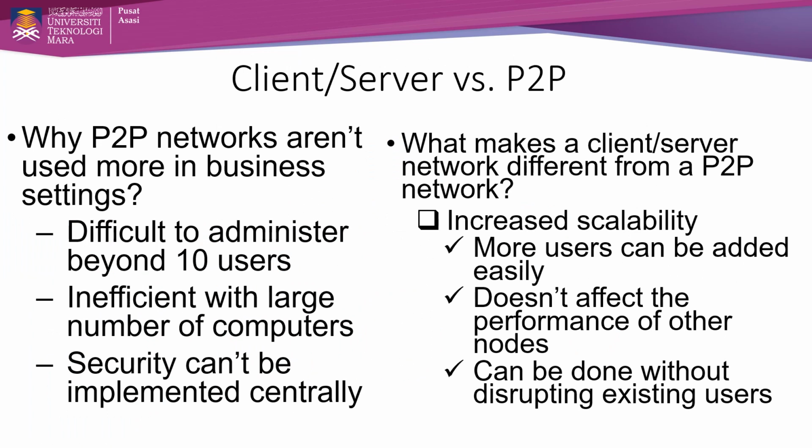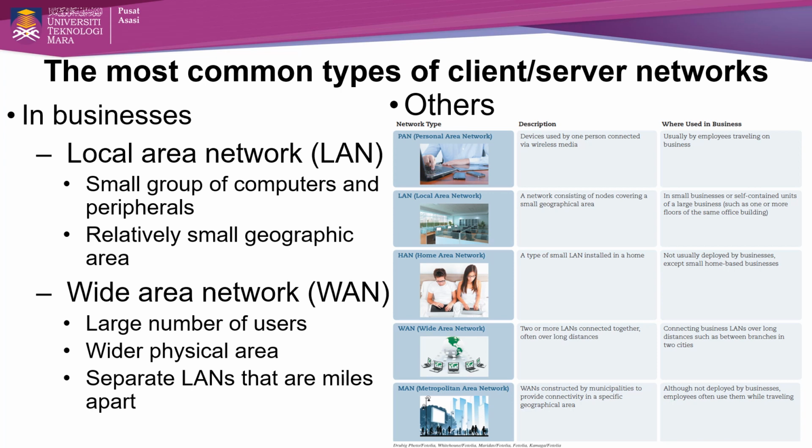P2P networks become difficult to administer when they are expanded beyond 10 users. Each computer might require updating if there are changes to the network, which isn't efficient with a large number of computers. And as noted previously, security cannot be implemented centrally on a P2P network but instead must be handled by each user. The two types of client-server networks in businesses are local area networks, LANs, and wide area networks,